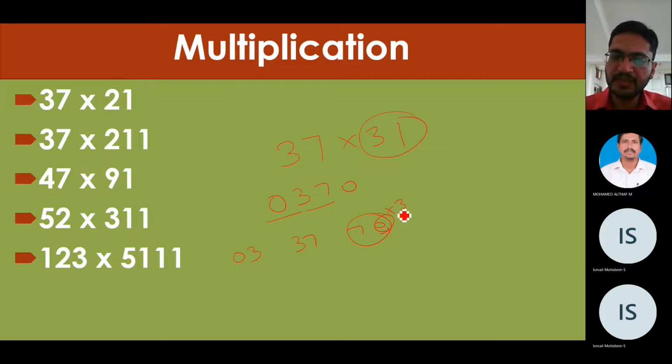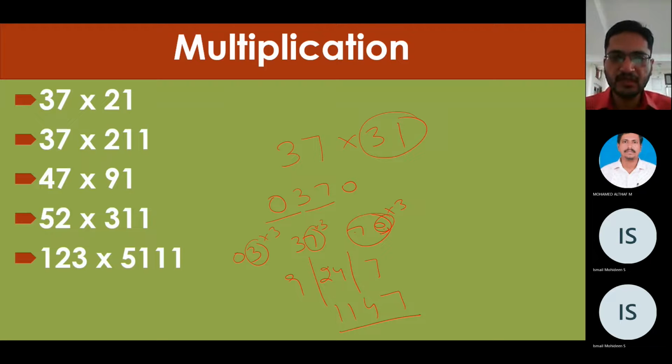So 3 into 0, 0 plus 7, that is 7. Next, multiply with 3, 21 plus 3, 24. Multiply with 3, 9 plus 0, 9. Now apply balancing rule. 7, 4, 11. So answer is